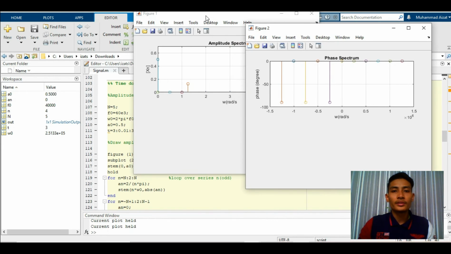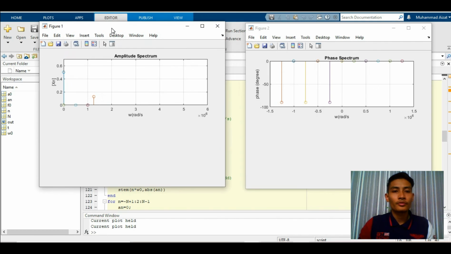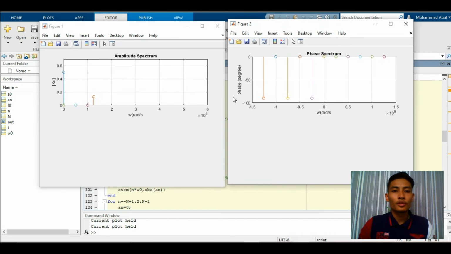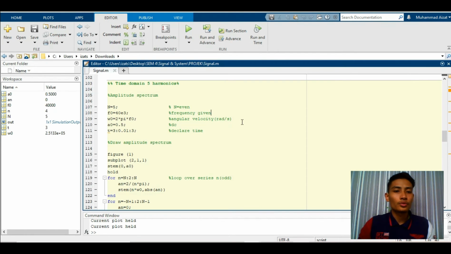This is the graph for 5 harmonics, the comparison between the amplitude spectrum and the phase spectrum. This one is the amplitude and this one is the phase spectrum. Next, we are going to look at